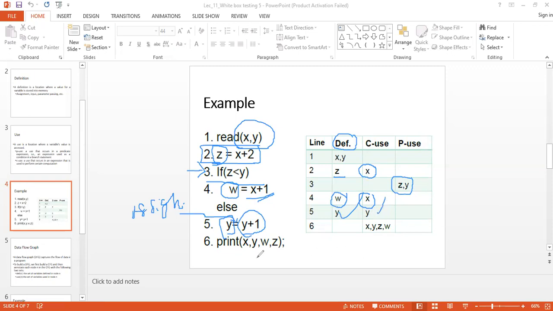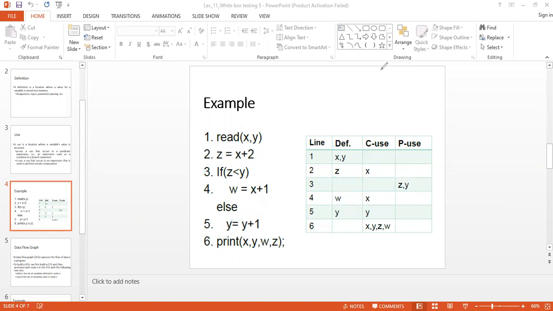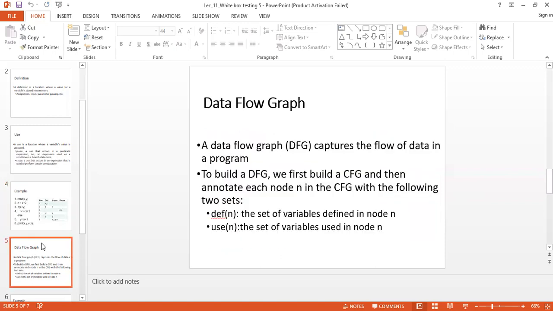And then it's printing, right? So we can consider this printing also as some sort of use.